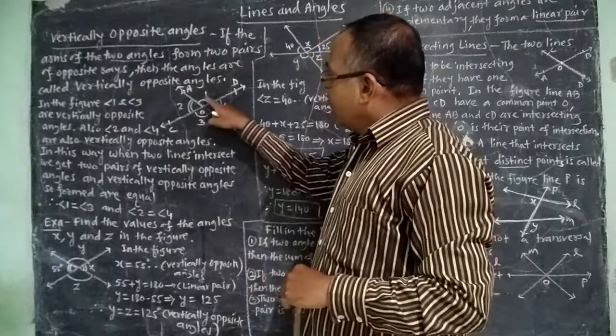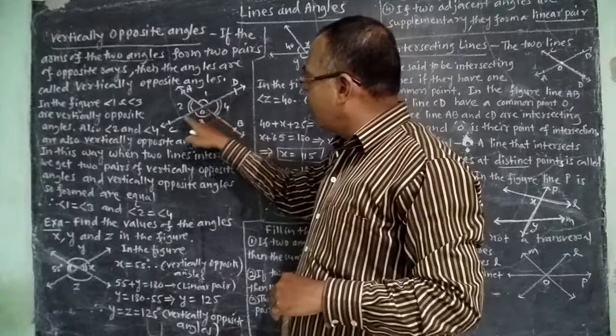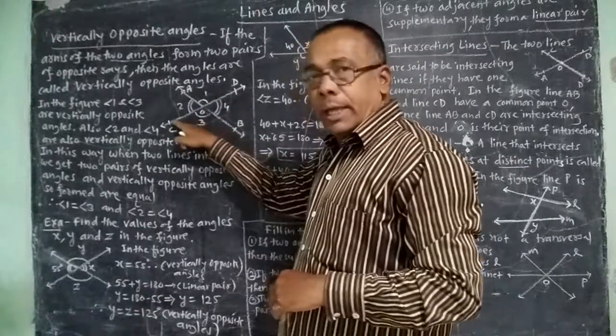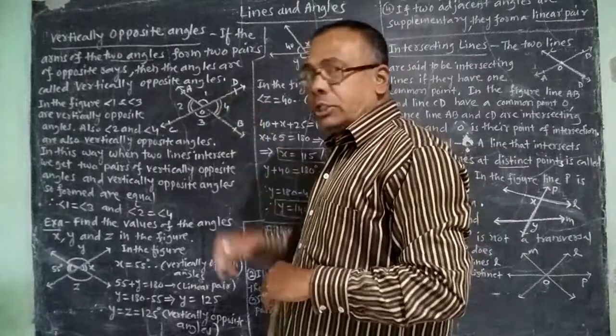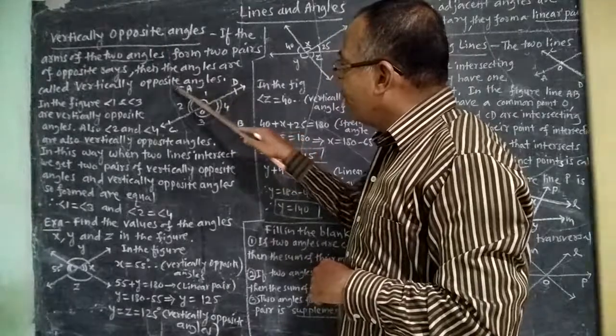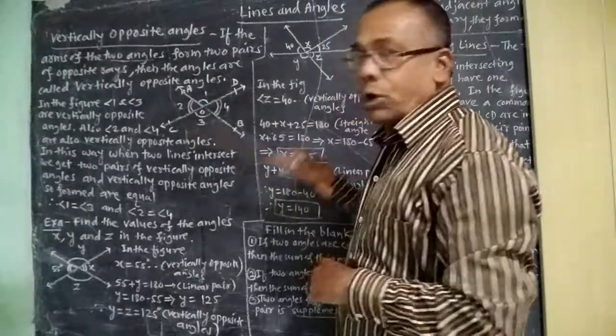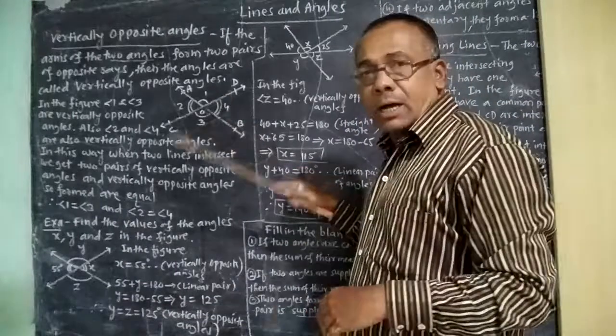Also, arm OD of angle 1 and arm OC of angle 3 are also opposite rays. In this way, due to the arms of the two angles, we get two pairs of opposite rays, and therefore angle 1 and angle 3 are called